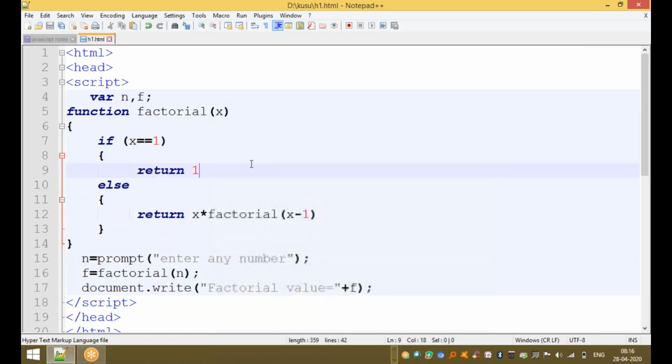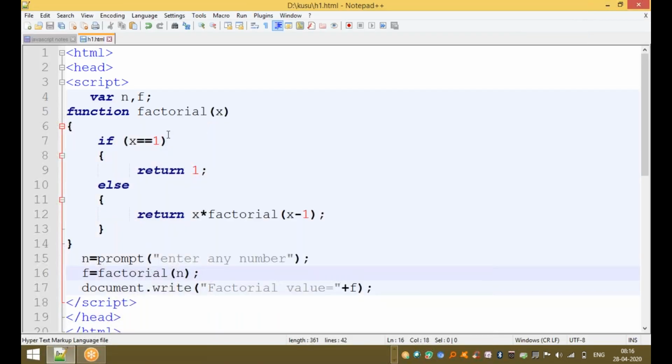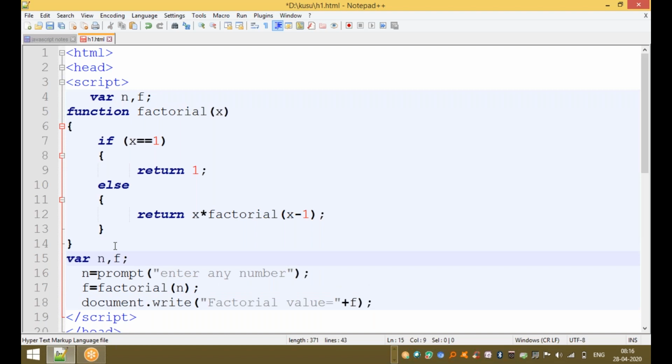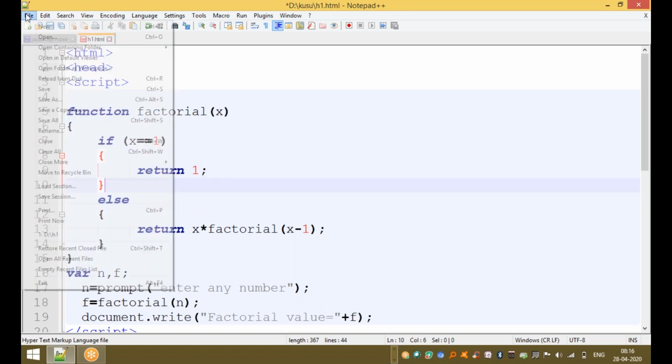Now run the document. Any mistake within the document, call the function factorial. The function name is factorial of n value. Here call the function factorial. Run the function, where the computer takes the input from the keyboard by declaring. Now we are using the end of the current function, the if statement.